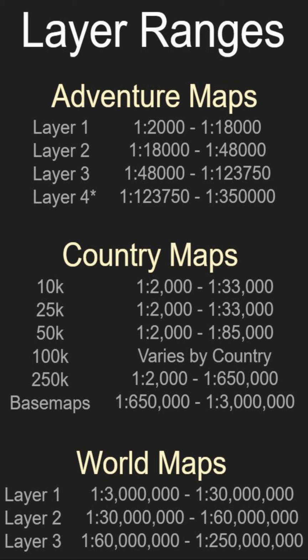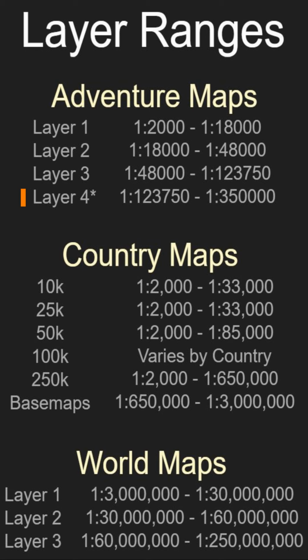It is useful to understand how mapping layers are represented in Xplorer. Adventure maps, available in many countries, are a series of non-overlapping maps. The most detailed layer can be seen when your zoom level is between 1 to 2000 and 1 to 18,000. When you zoom out further, up to 1 to 48,000, you will see the next layer. The next layer will be visible up to 1 to